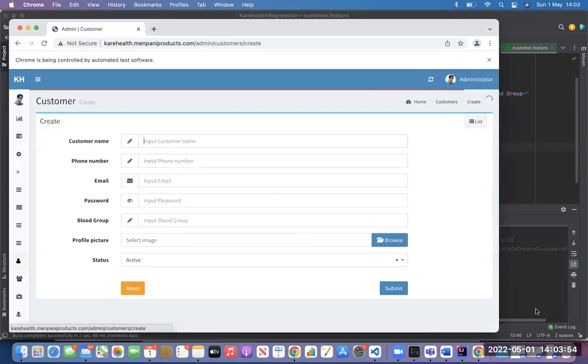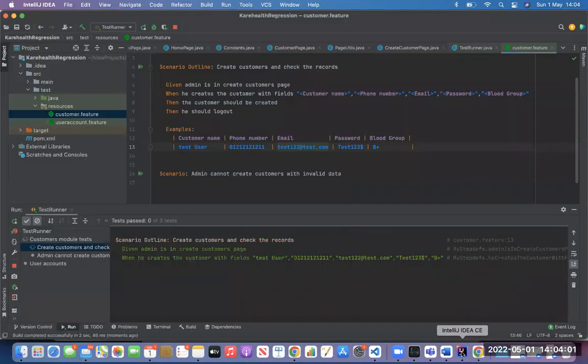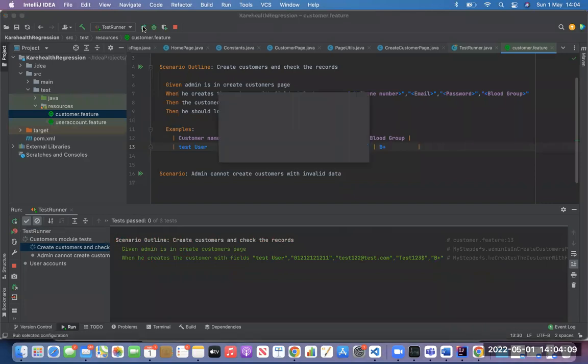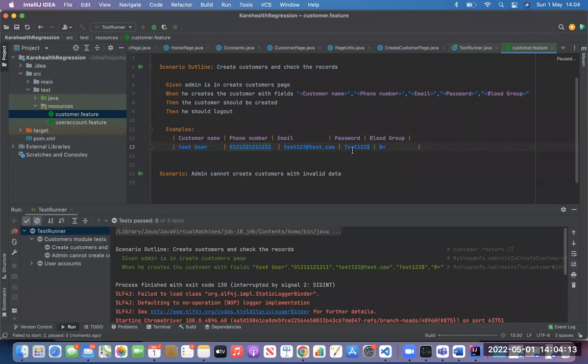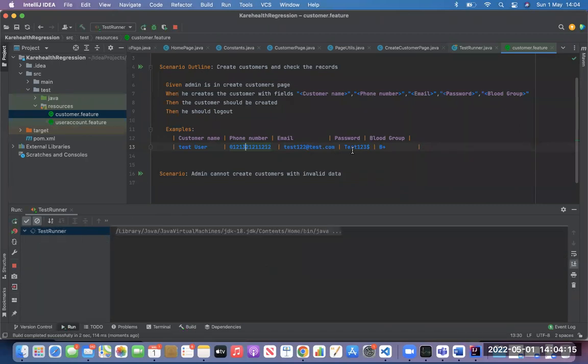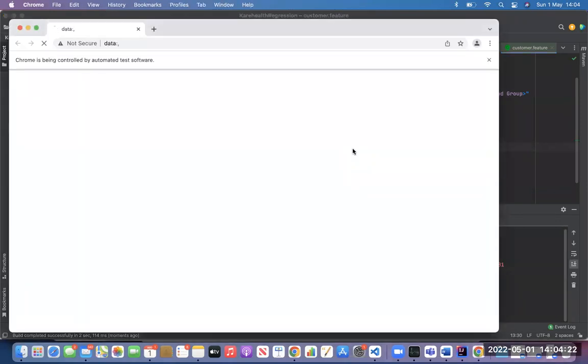And now it will create a doctor. Oh, the phone number is taken. Who is doing it? This is automation testing, right? Automation test cases: when you write the code, it will execute them automatically. But who is the person? What is the tool that is actually opening the browser and interacting with the browser?